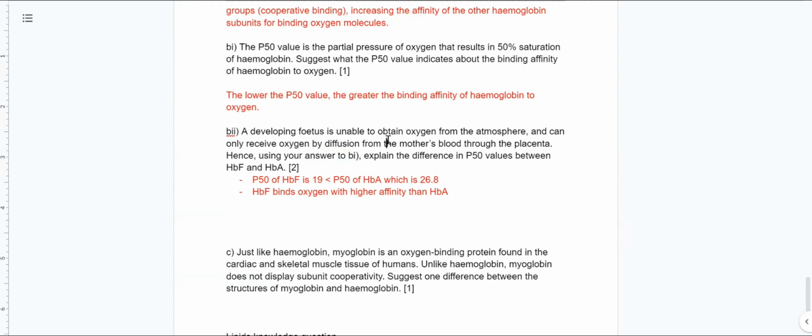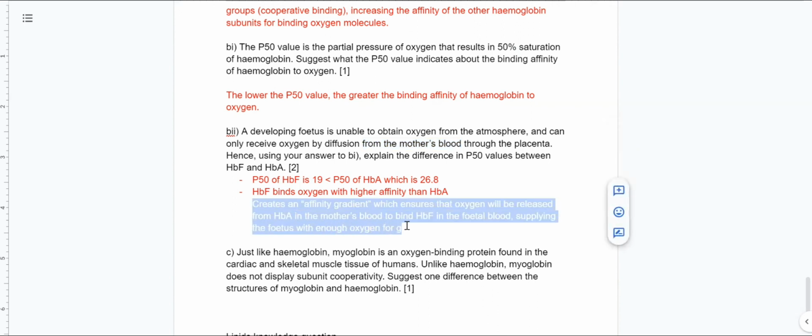And that's when we need to use the information given to us in B part 2. So in B part 2, they mentioned that the fetus needs to obtain oxygen by diffusion from the mother's blood. So you need oxygen to somehow be released from the HbA present in the mother's blood so that it can bind HbF. And that is why you need HbF to bind oxygen with higher affinity, because it effectively creates this